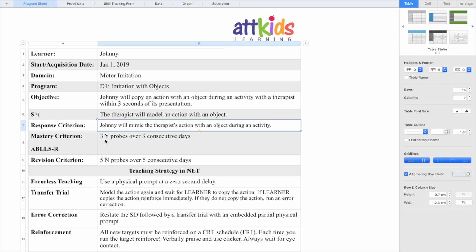Now let's look at the mastery criterion, and it's different than the other program that we saw where independent exceeds the prompted. Here we're looking at 3 Y probes over 3 consecutive days. So they need to get 3 yeses over 3 consecutive days. And the other thing that I would add to this is that it also has to meet